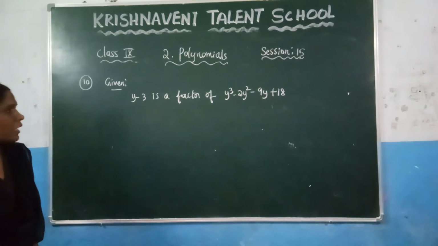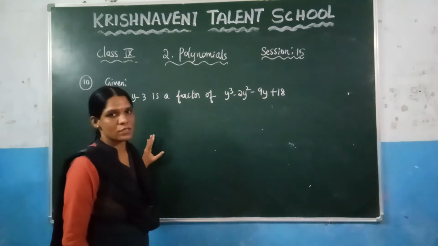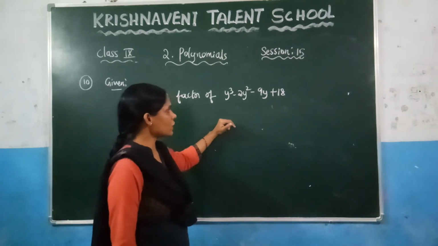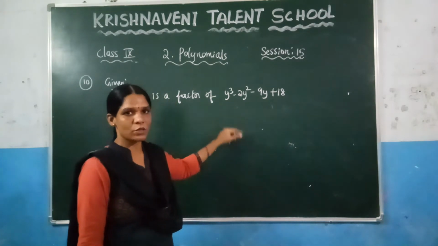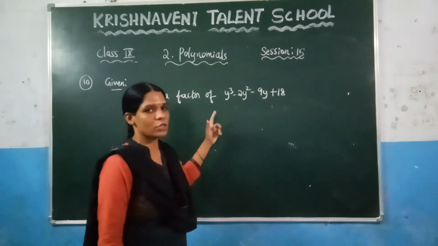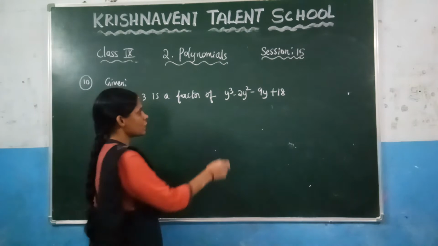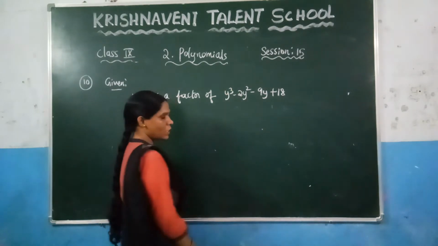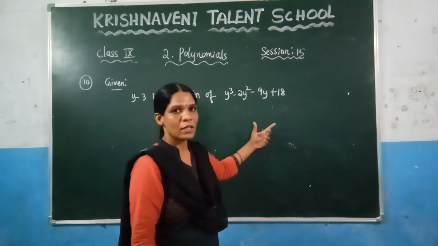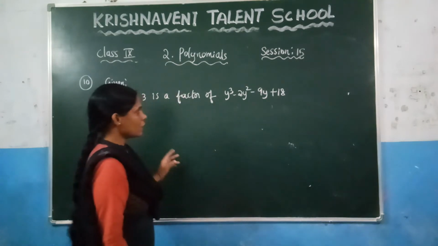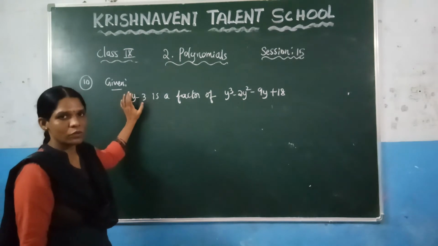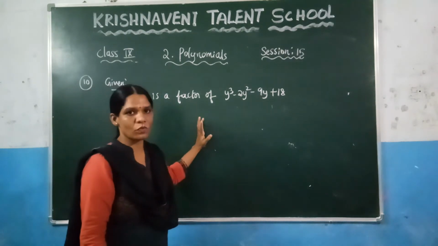Before, we have discussed factorization. In that, if you want to find the factors of the given polynomial, you need to write that polynomial as a product of the factors. Before writing that, you need to check the degree of the polynomial. What is the degree of the polynomial in this case? It is 3. So you need to write this polynomial as a product of 3 linear polynomials. And in this question they have already given one linear polynomial. Now you need to find the other two factors.